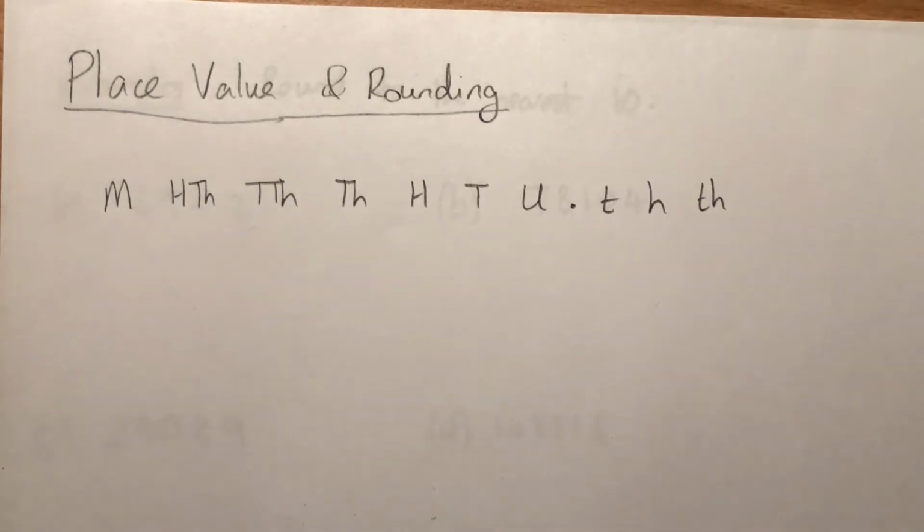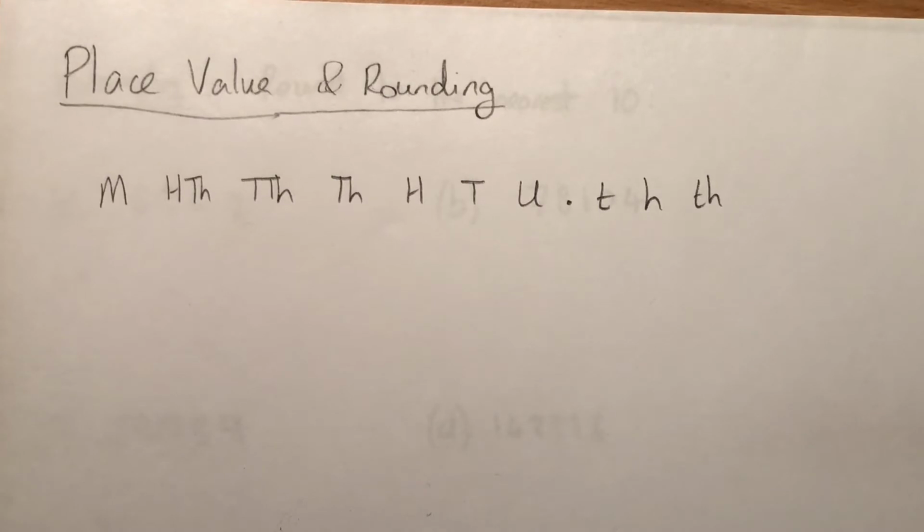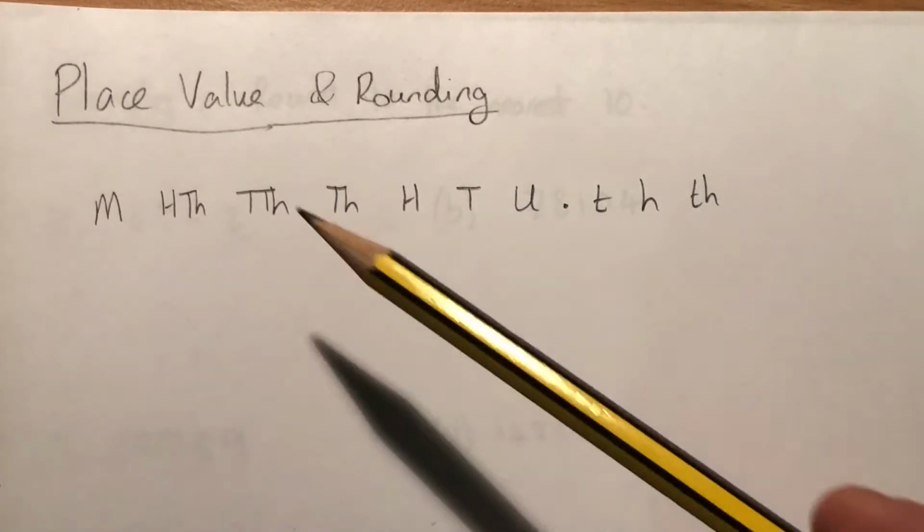In this series of videos, we're going to start looking at rounding, and we're going to look at rounding to decimal places, nearest tens, hundreds, thousands, and to significant figures. Now, significant figures and decimal places are the key factors behind National 5. So, to be able to understand how to even start this off, we need to begin by looking at place